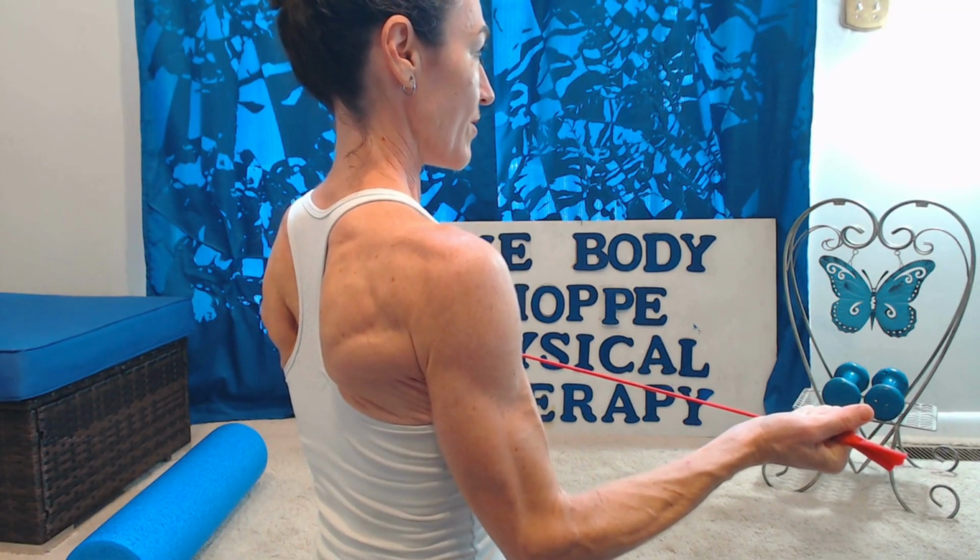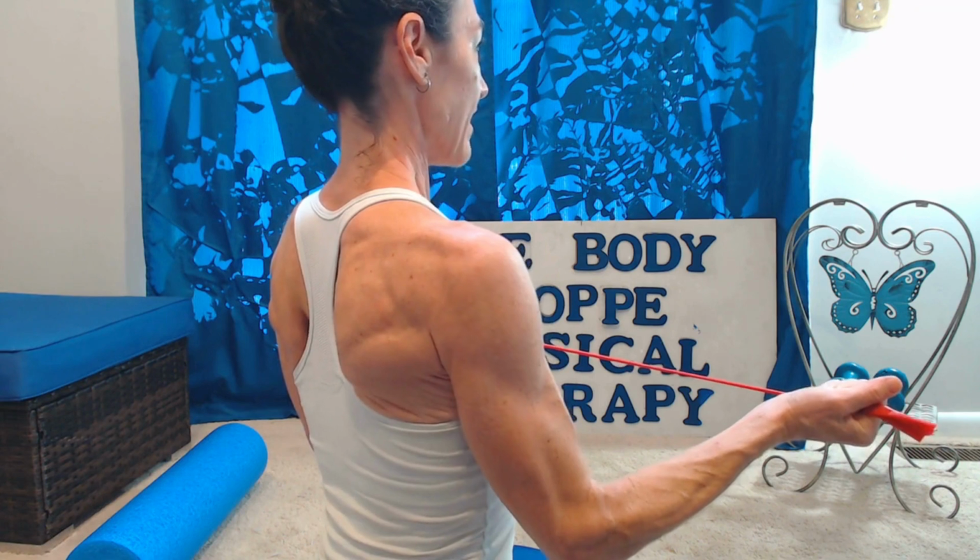It is going to be an external rotator of the shoulder. So when you are rotating your arm out to the side and you're keeping your elbow to your side, you're activating your teres minor muscle. So it's going to be this movement here. And you can see the back side of my shoulder blade. You can see the muscles activate. So we'll differentiate which one is going to be infraspinatus and teres minor